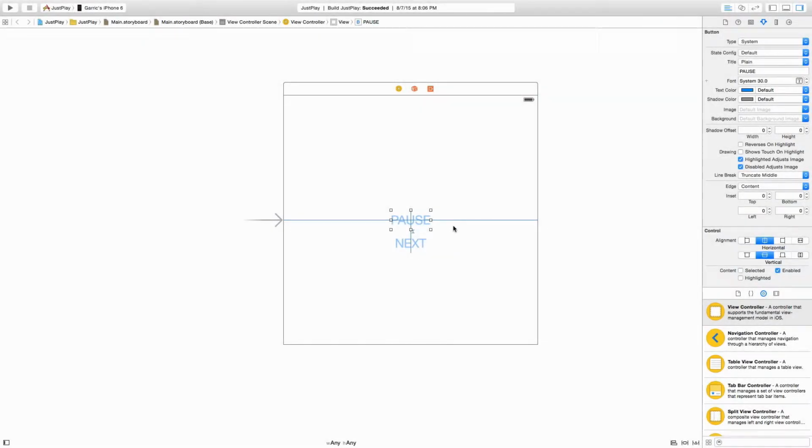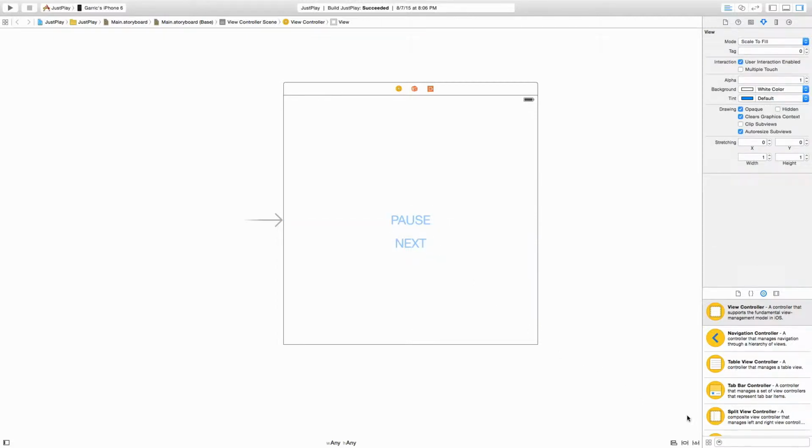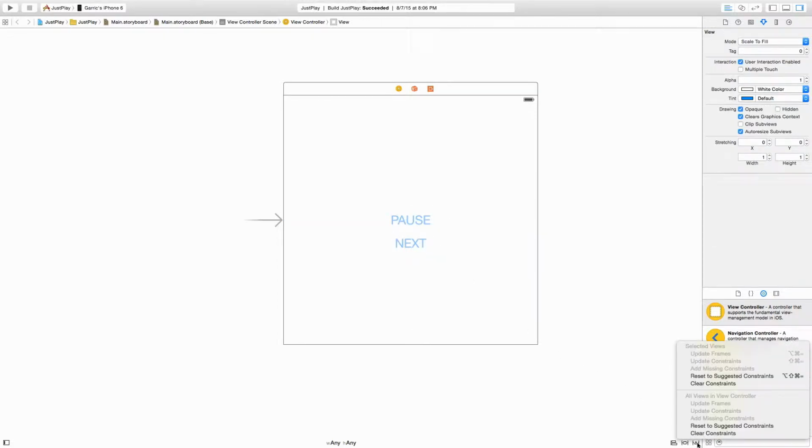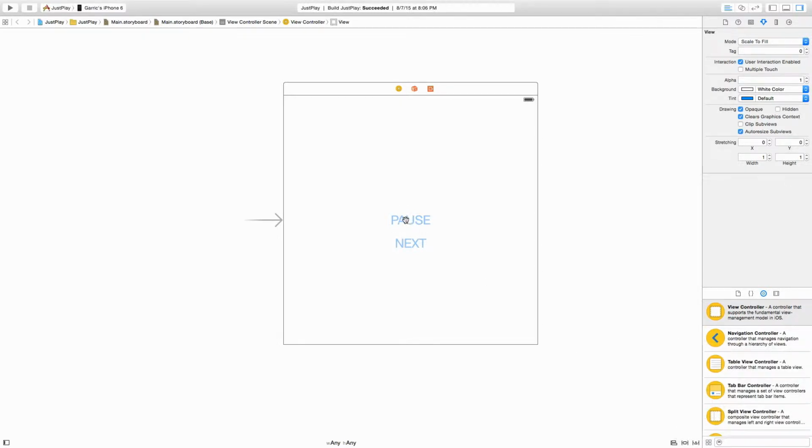Alright, got our JustPlay practice app after the end of Meetup 3. What I'm going to do here is click into my view, go down here to Resolve Auto Layout Constraints, click Clear Constraints. It's going to clear all the constraints in the view. I'm going to reset these because we're going to be adding some new